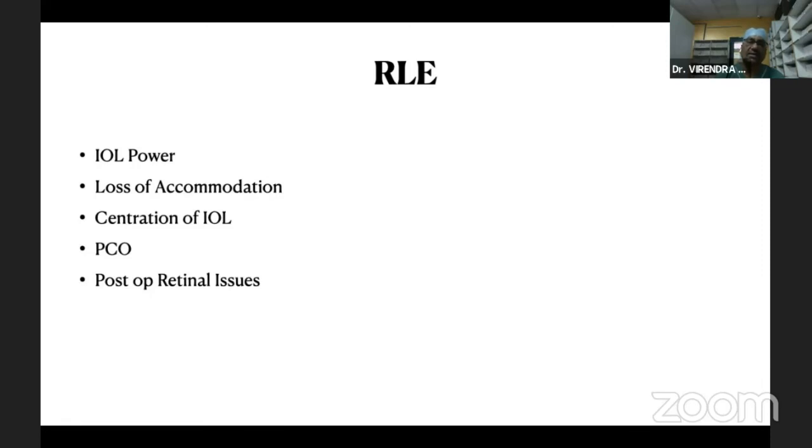Implanting a toric lens or a multifocal one is also difficult, and you know the axis of the astigmatism keeps changing from vertical to horizontal, which will also be an issue. So there are so many issues, and you are only left with monofocal lenses. And if you do a monofocal lens, the accommodation is lost. So you are trying to achieve one thing at the cost of one big thing. Accommodation is a big reason that children will develop good vision, and particularly for mental development, it is a required thing. And postoperative issues you all know, so I'm not going into details.